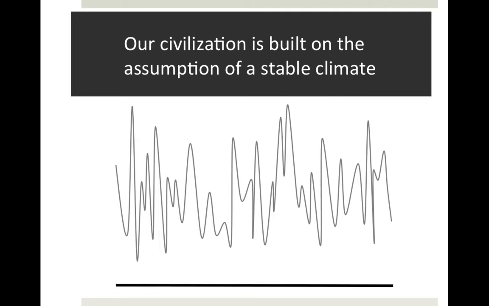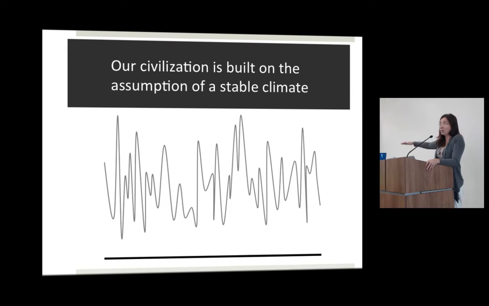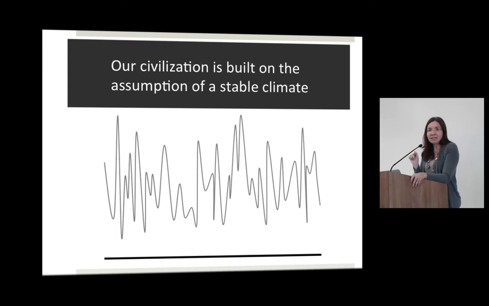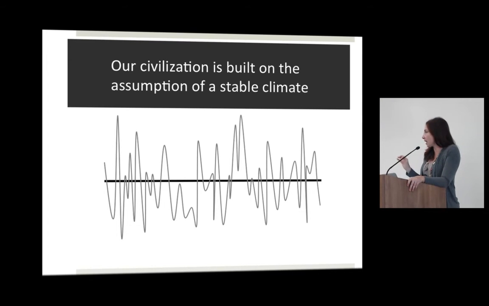And that is the assumption that we can have ups and downs. So we can have heat and cold, we can have wet and we can have dry. But our human civilization, our human society, is built on the assumption that climate is stable. Why? Because over the course of human civilization, over the course of becoming an agricultural society, building buildings and roads and infrastructure, allocating land so that people own it now as opposed to just picking up and moving when you wanted new land, over the course of that happening, climate has been quite stable.